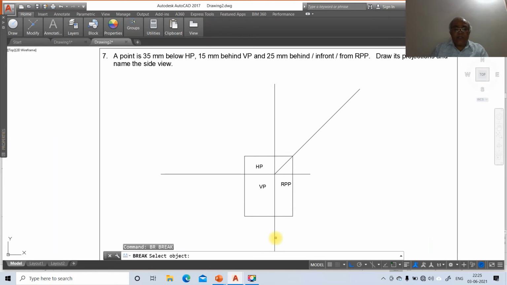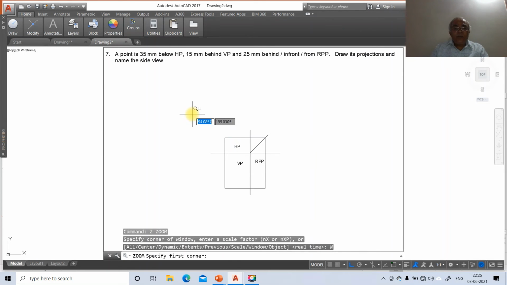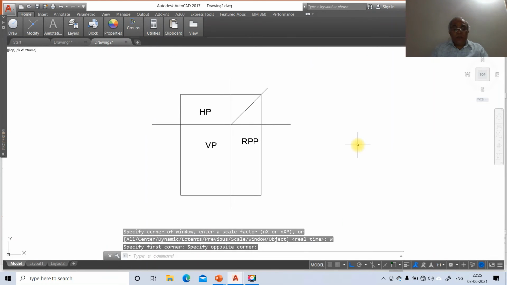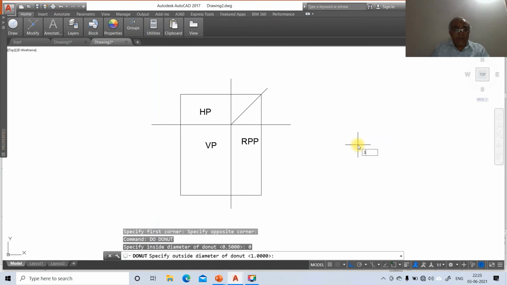Undo, I'll go to break, you select this and break this till here and then go to erase this line. Similarly, you break, select this line and break this extreme. You select this and break this extreme and you select this and break this extreme. Then go to zoom extents. Then go to zoom window. So now you come down to this. Go to point style, donut, make it as 0 and you make this as 3. And take the intersection point of this, take INT of this and take INT of this.